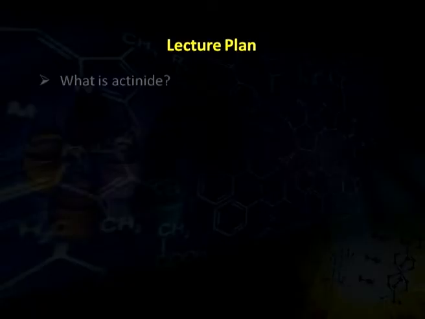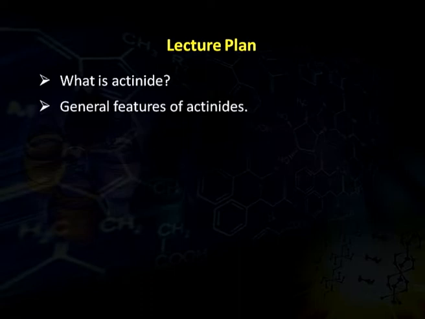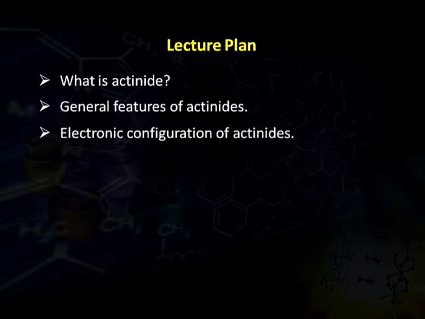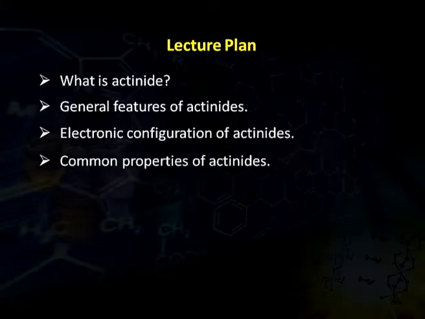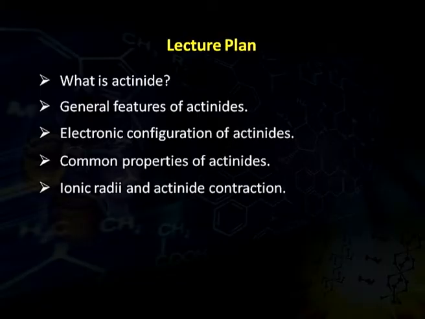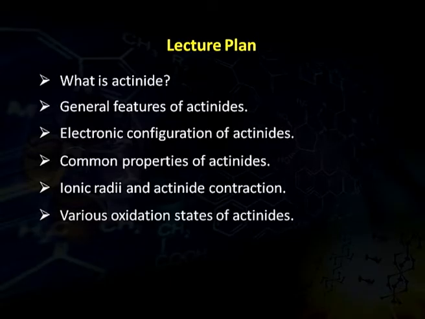Hello viewers, earlier we have discussed in detail about the lanthanides, and today we have to discuss the actinides. In this we have to discuss what is actinide, the general features of actinide, the detailed electronic configuration of actinide, how the electrons are getting accommodated in the f orbital, what the common properties of the actinides are, the ionic radii and how the ionic radii decrease, which causes the actinide contraction,